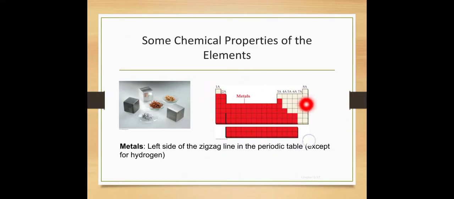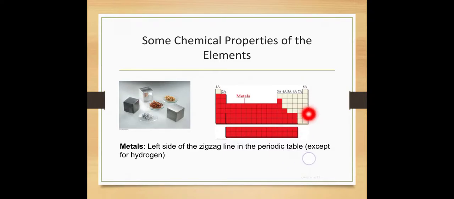When we see the periodic table, there are some metals and some non-metal elements. How do we categorize the elements on their metallic basis? Some are metals, some are non-metals, and some are metalloids between the category of metal and non-metal. So metals, except hydrogen, from this side to this side, form a zigzag line.